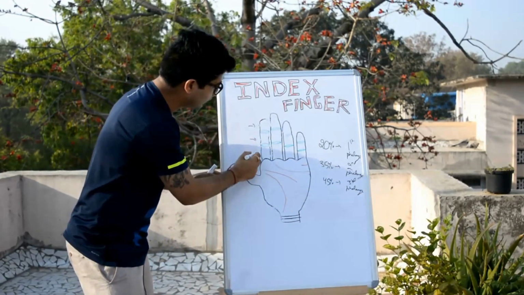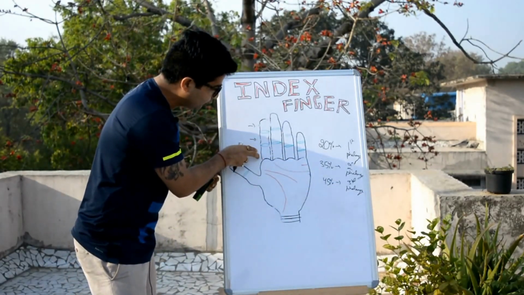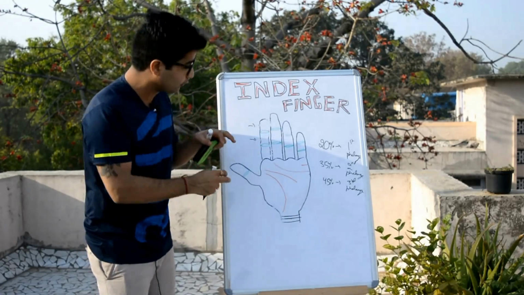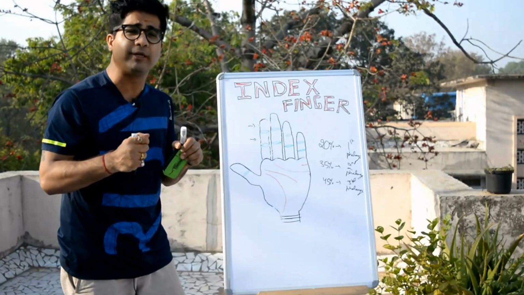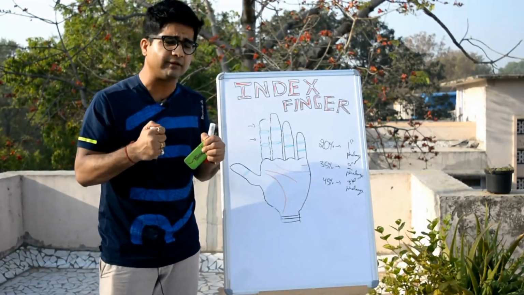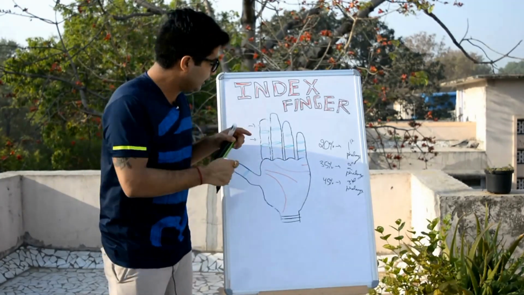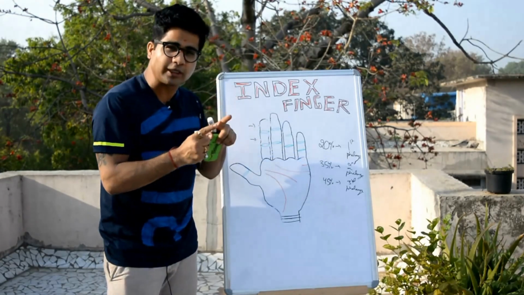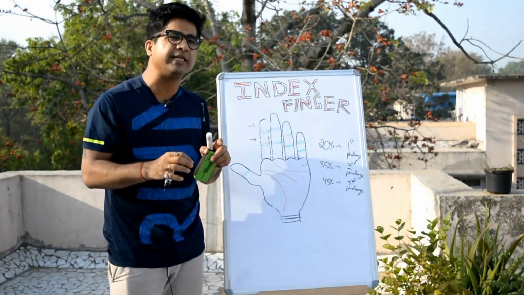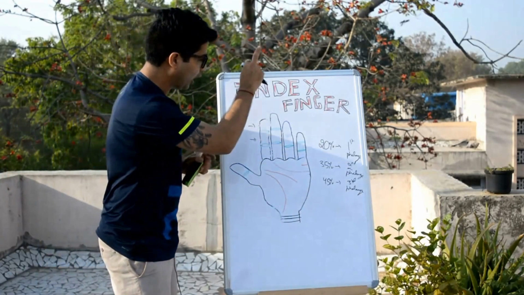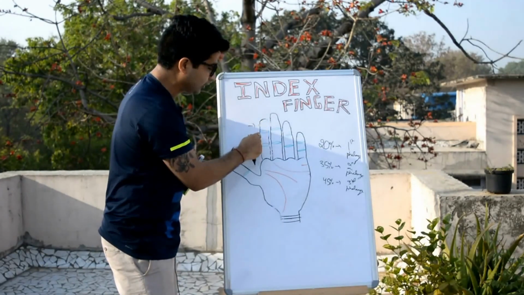Now comes the third flange. If you find this third flange larger than the standard length of the third flange, then these people would remain very bossy, very assertive, and very go-getter type in their life, a little bit bossy. And if you find this third flange shorter than the standard length, then these people would have a very laid back, very lazy kind of attitude in their life. So this is about the standard length of the flanges.